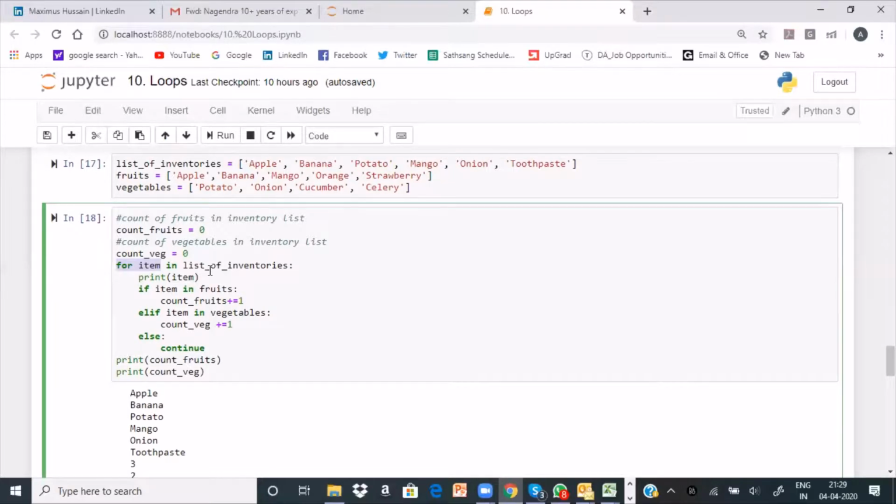Try that out, Valika. Okay, here is the logic. I don't need to explain this logic. Just remember it is something like this. You can also use for item in list of inventories. Why? This can also be done exclusively because they are in the square brackets. That means list of inventories is nothing but your list object.